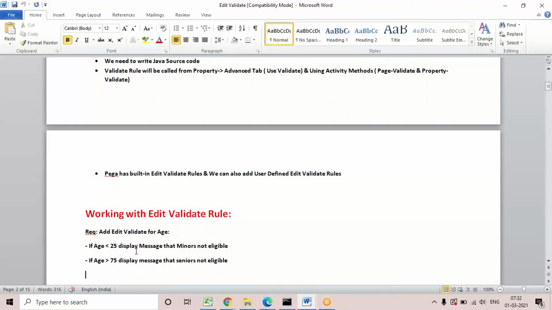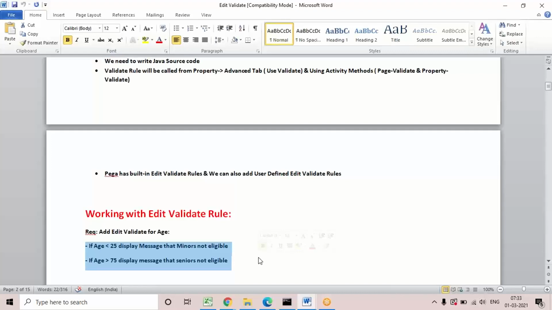See this one, I want to create a condition. Again, I'm using the age property, but the condition is different from the earlier one. Earlier, I set the limit and displayed the same message for both the ranges. But here, if I want to set a different error message for each range, or if you want to define multiple ranges, not only within 20 and 70, then we can go for edit validate.